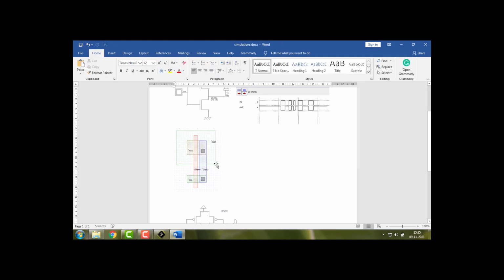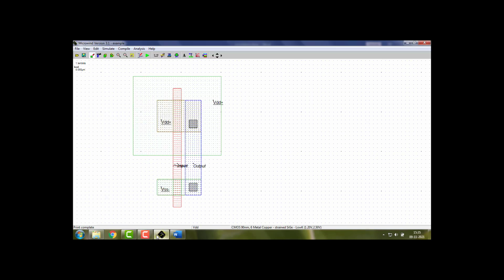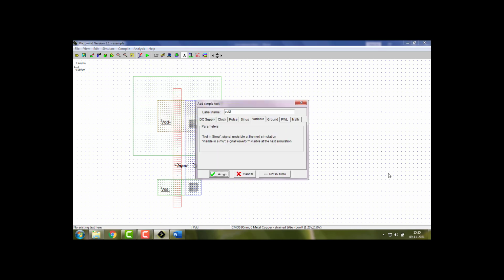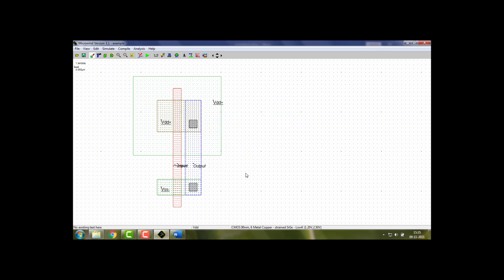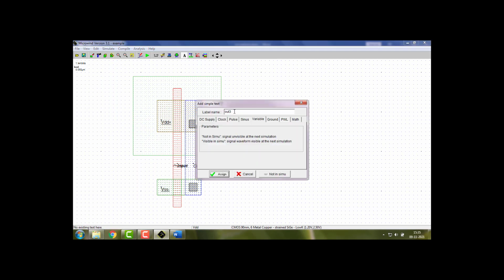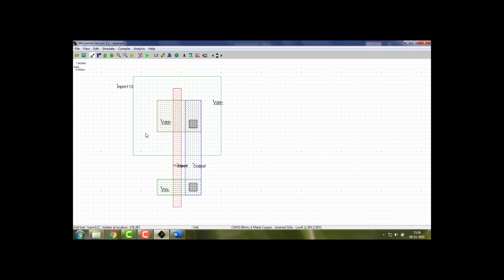Before that, ensure that your name is there. So I'll put the text here, your name. Then the next thing is simulation.